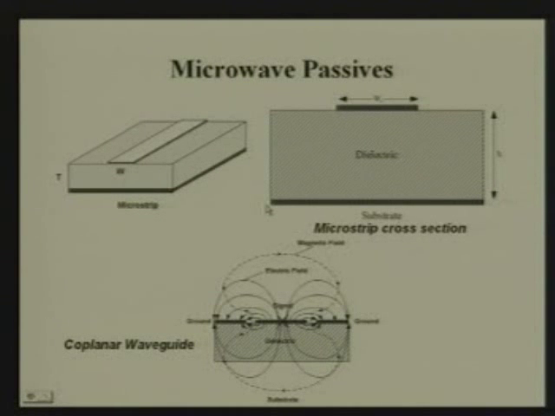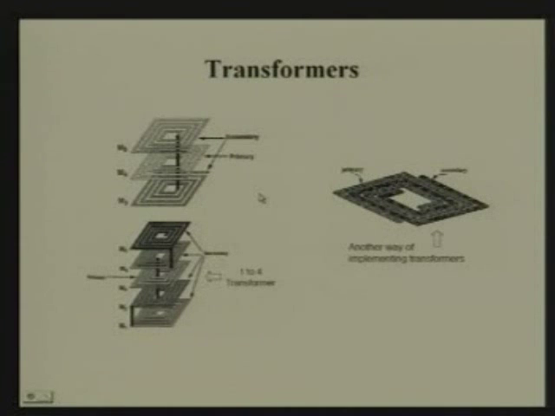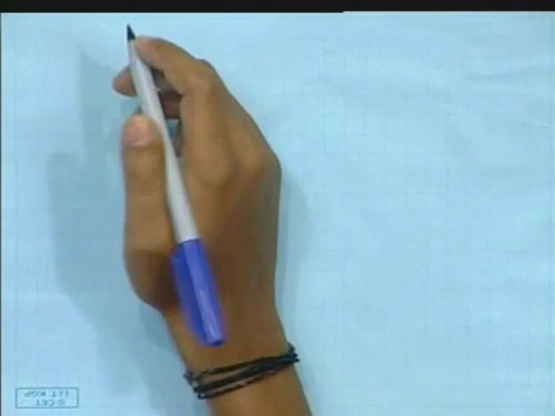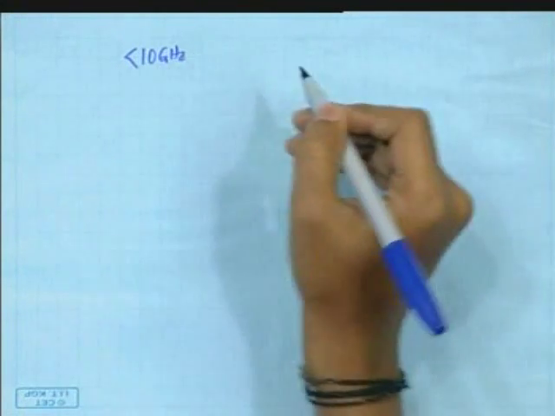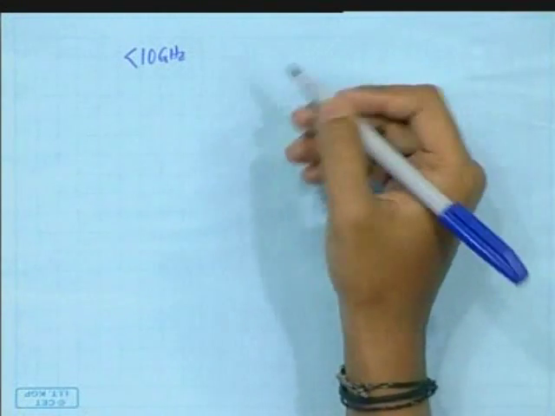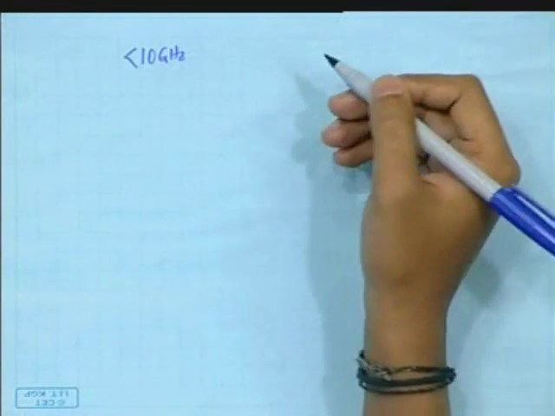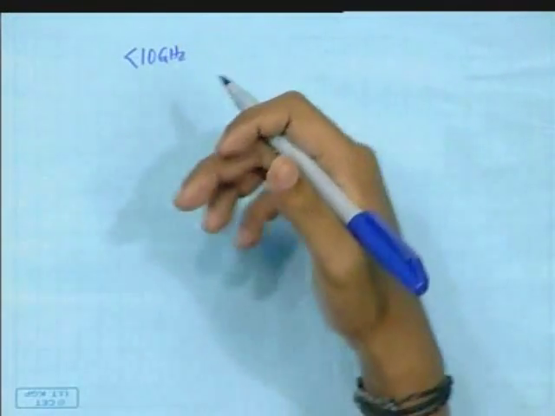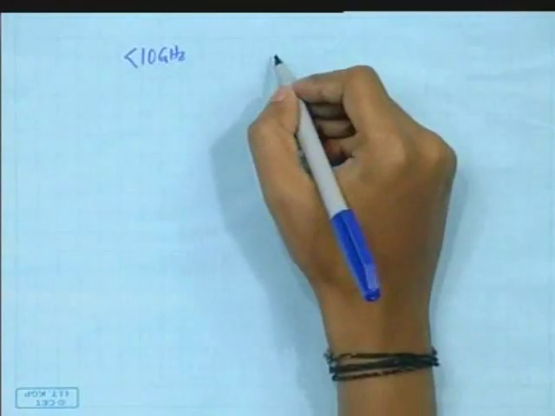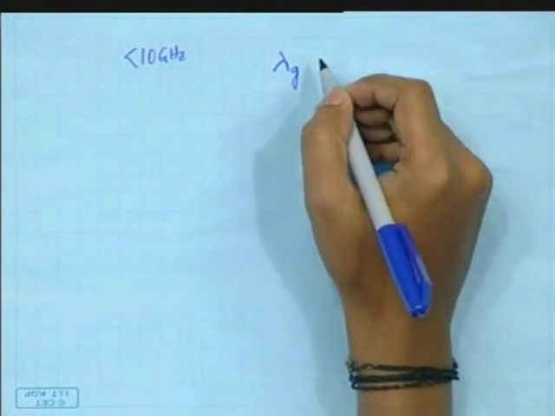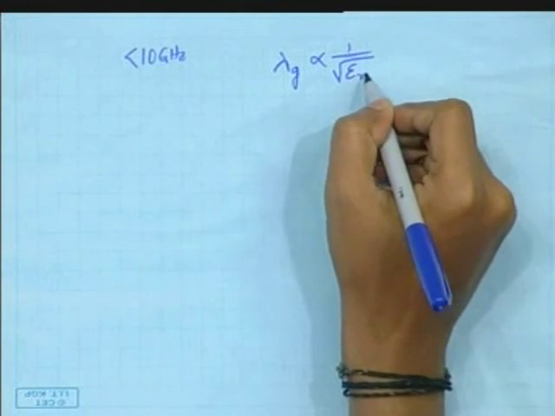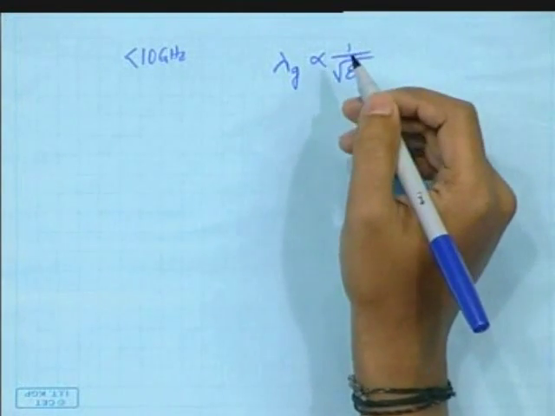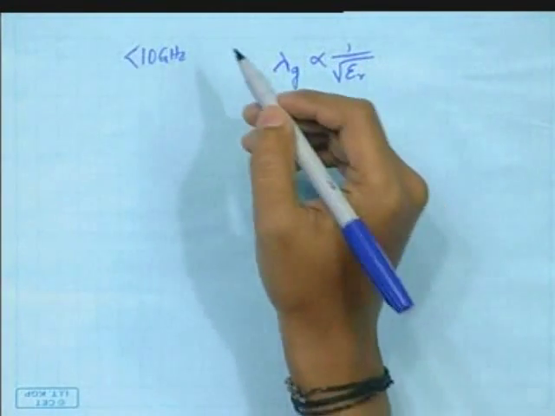Okay. Now before coming into microwave passives, say at lower RF frequencies, less than 10 gigahertz, first of all, know that the free space wavelength will get reduced by a factor of the dielectric constant inside the chip. So the lambda g, the guide wavelength, will be inversely proportional to the square root of the effective dielectric constant. So say below 10 gigahertz,